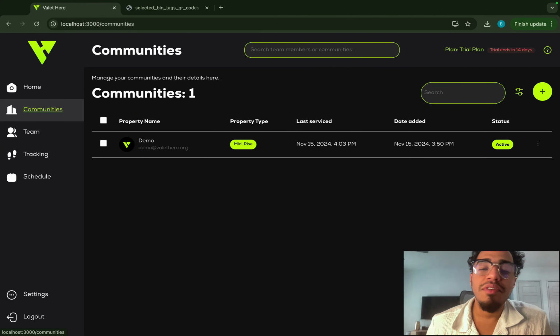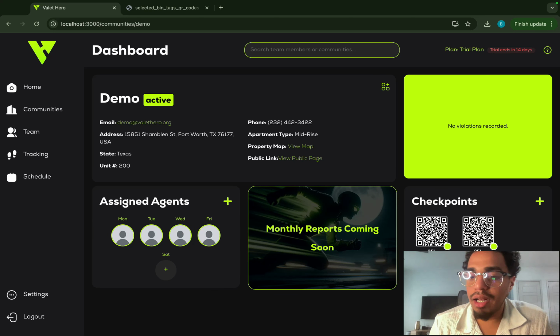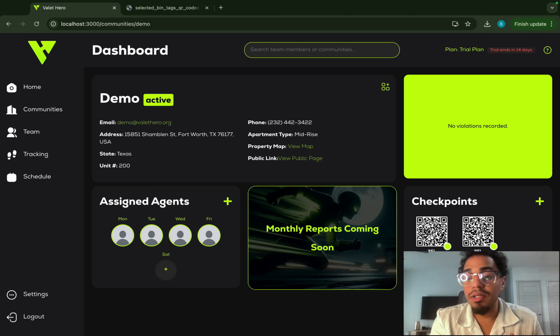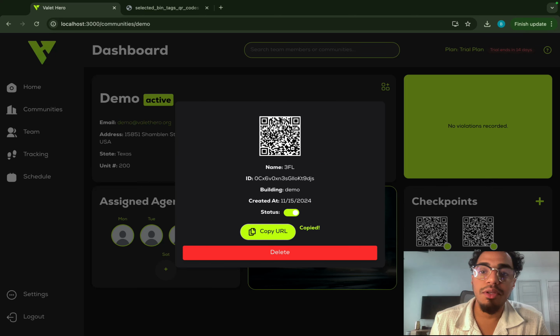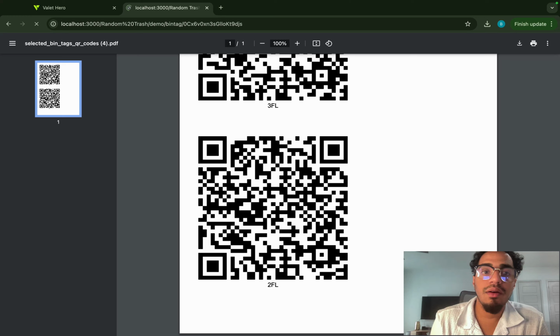I absolutely forgot about the customer portal. So we spoke a lot about checkpoints earlier. With the checkpoints, with it being a QR code and it being on the walls and it being ugly, we decided to create a dual purpose for it. That being said, you can just go on a checkpoint, hit copy URL, go to a site right here,